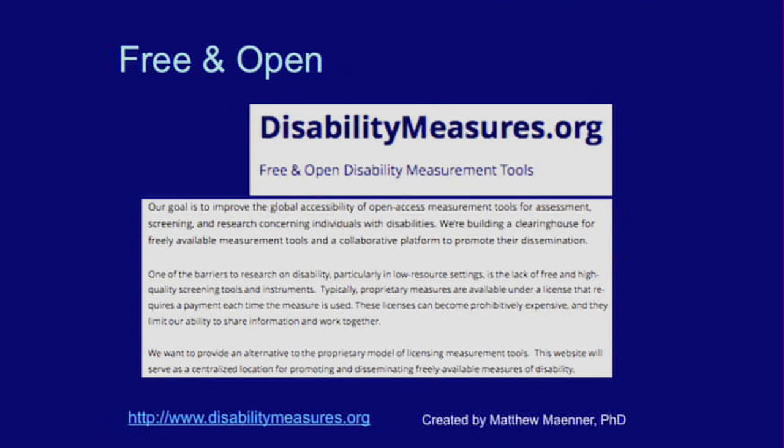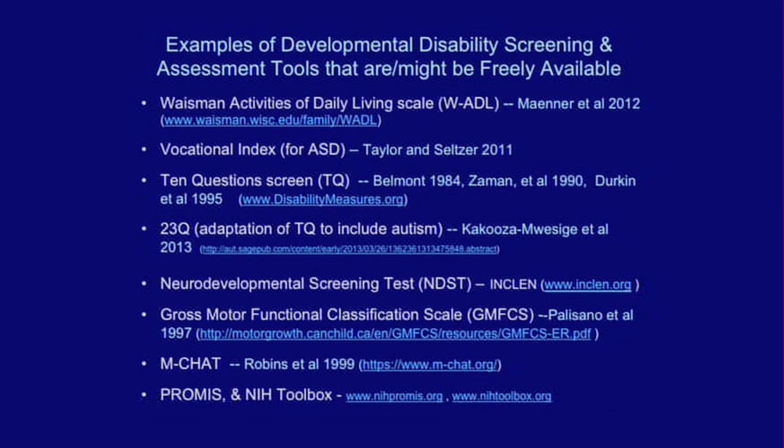And there are a number of tools for neurodevelopment in general and developmental disabilities that are in the public domain or that might be freely available, and some of these are listed here. So this is, I would say, a movement going on globally, and it's one of the things that's going to help fill this need for better information and better assessment of autism globally. And actually, without this approach, I'm not sure what we'll do, really. So I wanted to just also mention that there's